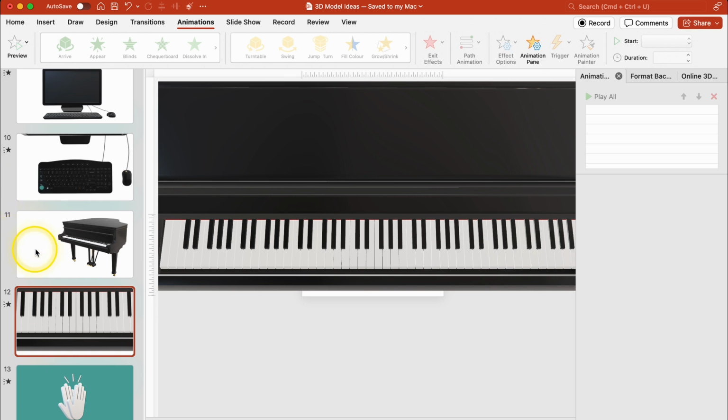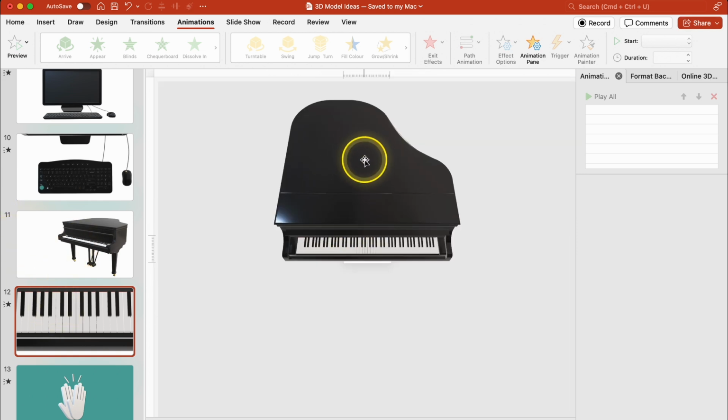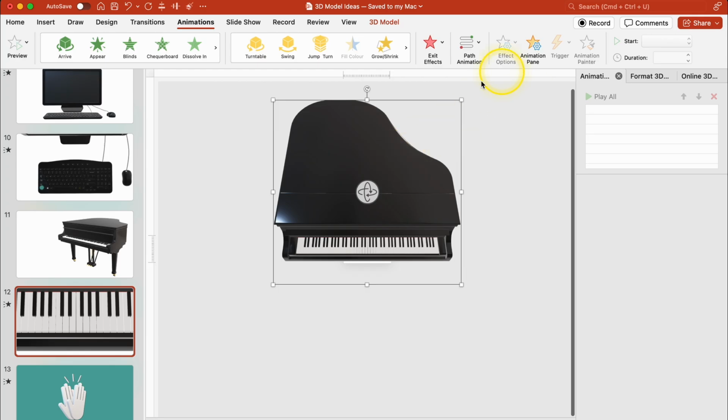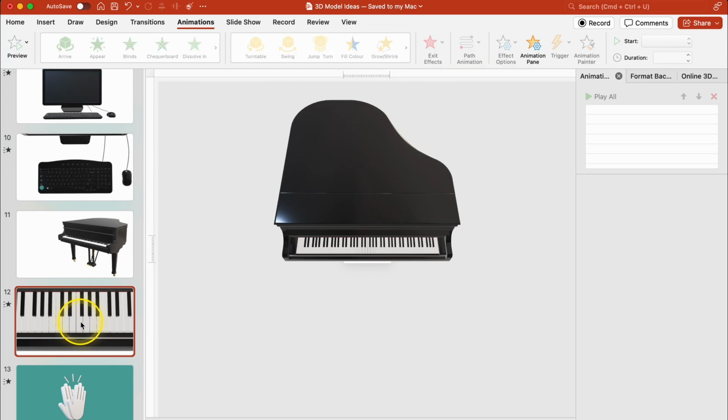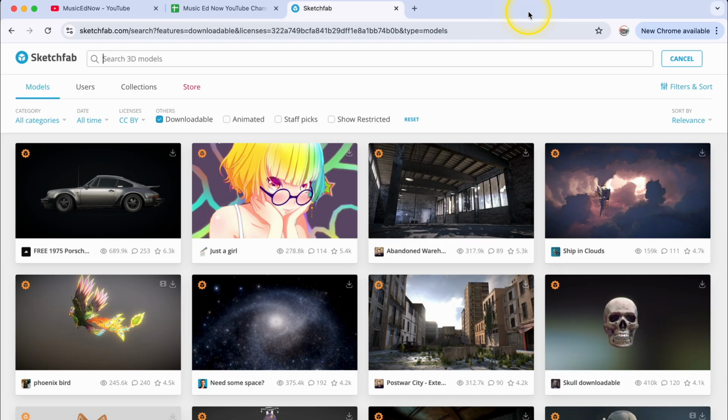And again, just to show you the background of this, if I zoom out, I've literally blown up that 3D model as big as I could possibly get it to fill the slide with just an octave or so of the piano keyboard. If you can't find what you're looking for in the stock 3D models in PowerPoint, there's